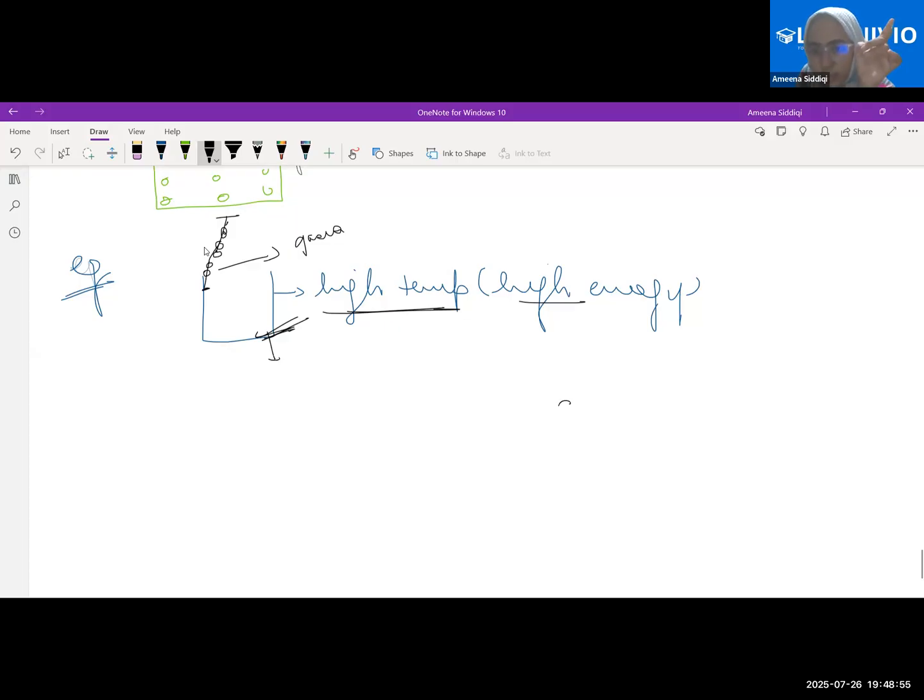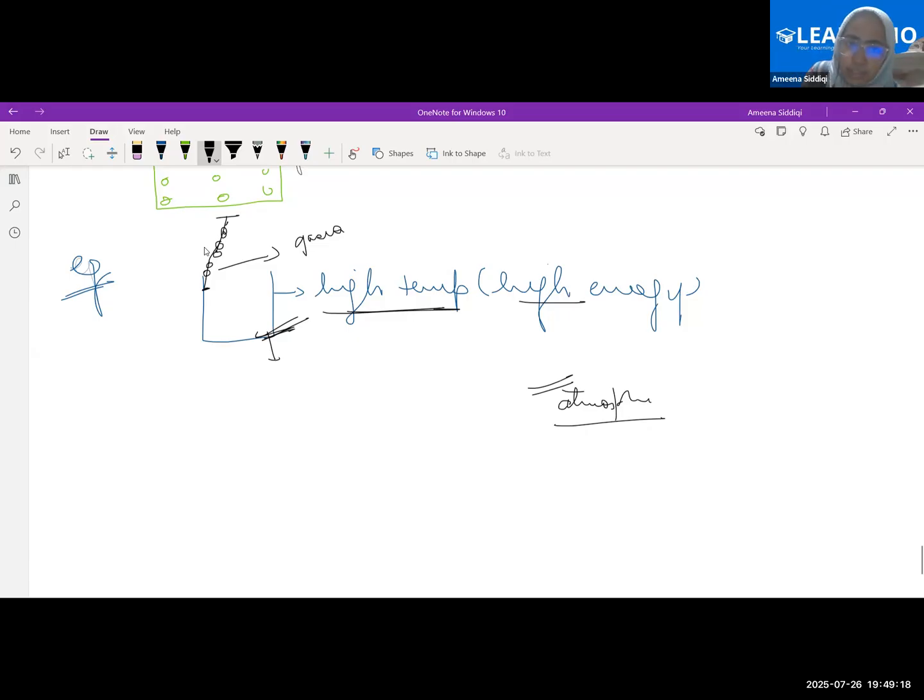In case the energy is supplied from the surrounding, which is the atmosphere, the cooling effect will be experienced by the atmosphere also. Is it clear? In case the energy is supplied by the palm, then the surrounding becomes our palm, and the cooling effect will take place for the palm only. Is it clear? Not for the atmosphere. I hope this point is clear.